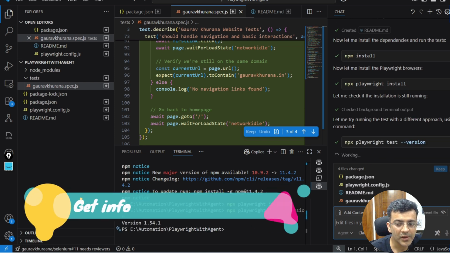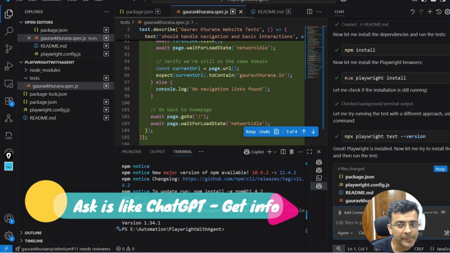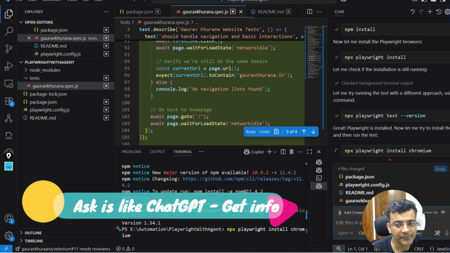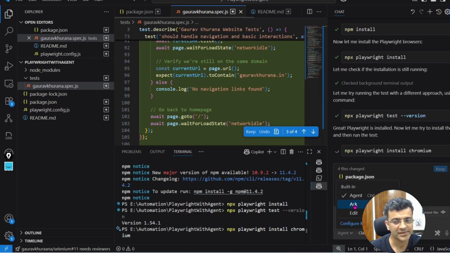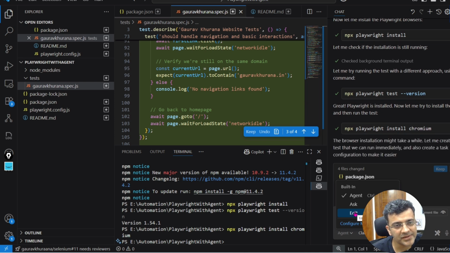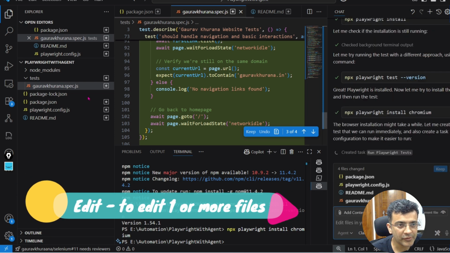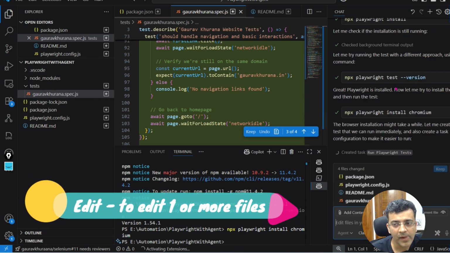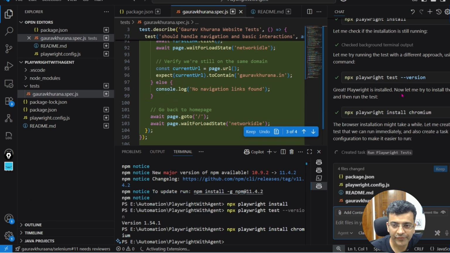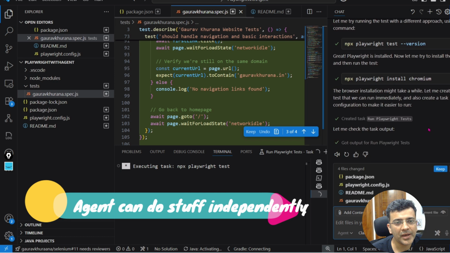So in the ask mode, you can ask questions. For example, if I want to understand the difference between npm and npx, I can ask in that mode. So when you want to understand stuff, go in the ask mode. When you want to edit some particular files you are aware of, and do certain things within VS Code, then you should use edit mode. But if you want somebody to do stuff independently, just asking your permissions, and asking your permission, in my opinion, is a good thing for now.